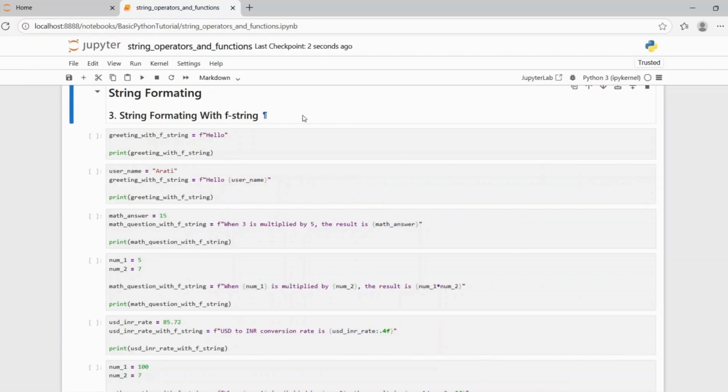Next string formatting option that we are going to look into is by using fStrings, also called formatted string literals. Formatted string literals or fStrings were introduced in Python 3.6. It provides a concise and readable way to embed expressions inside string literals. The string is prefixed with character f and uses a pair of curly brackets to enclose the variable or expression